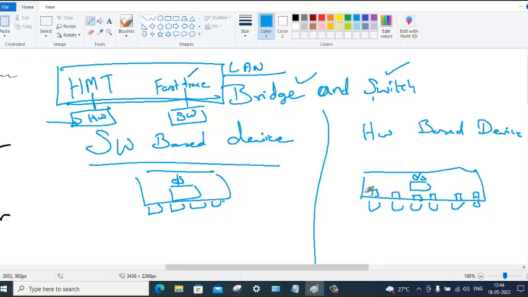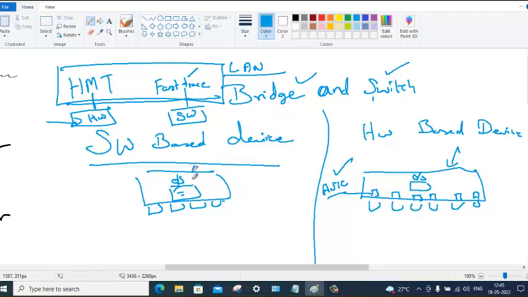We call it the ASIC chip. This hardware makes this switch faster, better than only one processor taking all the load. Here only one processor needs to do everything.